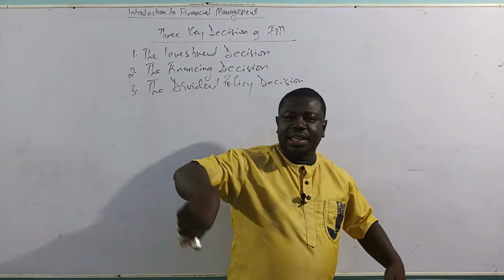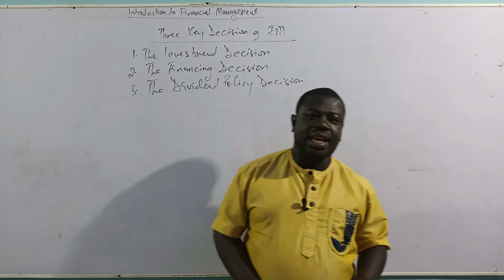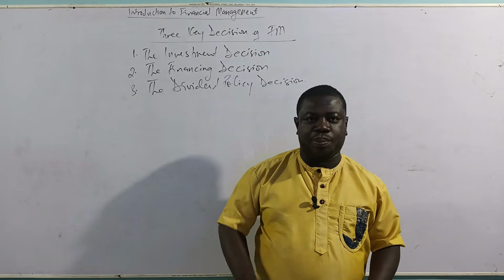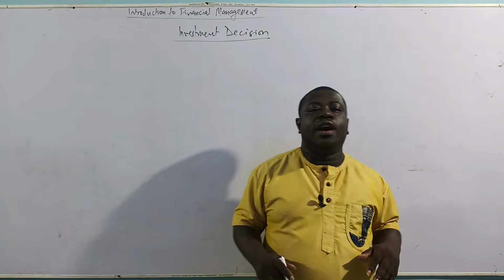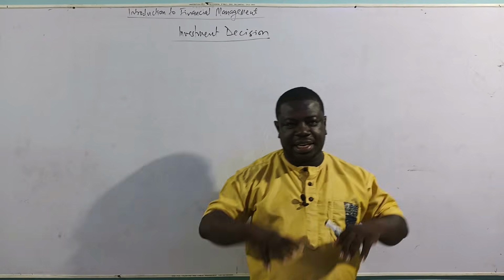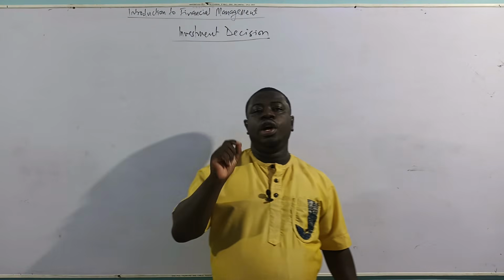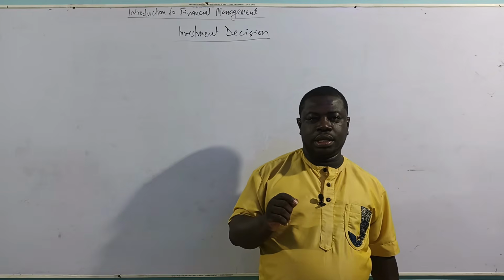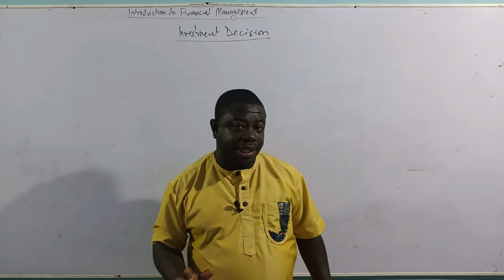So these are the three key decisions that we are going to look at. I'm going to pick each of them one by one, and then I'll take them as a subtopic and treat it on its own. Now, we are going to begin with the investment decision and delve deep into it. Now, what is an investment decision? I've explained before that it is deciding where to put the money in order to give you a return, basically.